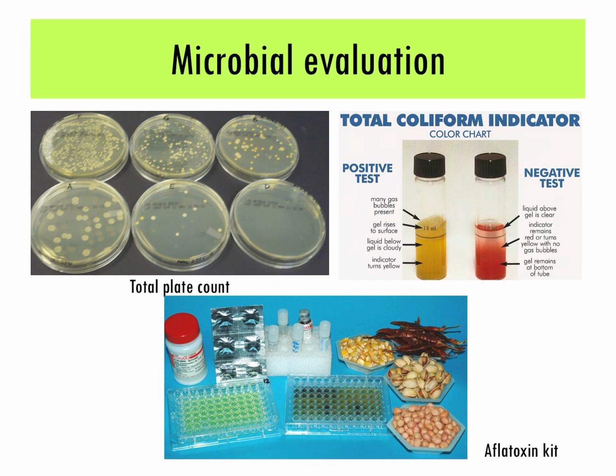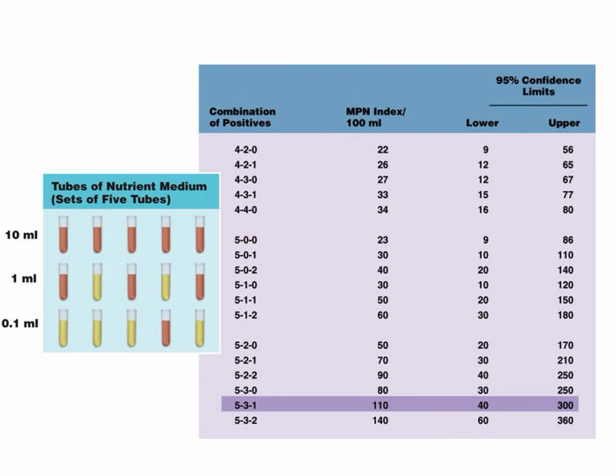We have to take this test on our food sample, because disease-causing microorganisms may be present whenever coliform are found in the food product. On the screen is the method called most probable number, or MPN. This is the method that we use to estimate the number of coliform bacteria that are present